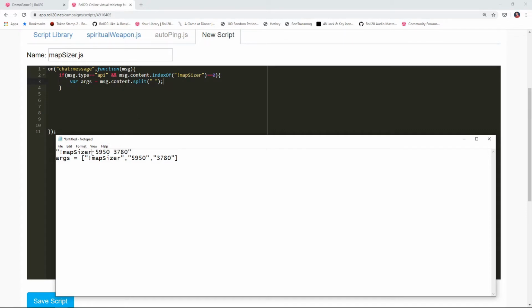So we have a space after the word mapsizer, and we have a space after the width. So what args is going to turn into is an array containing 3 pieces. It's going to have mapsizer, and then it's going to have the width, and then it's going to have the height. So we now have an array that contains all of those 3 elements. Within the array, this is our width, this is our height, and we can now access these little pieces